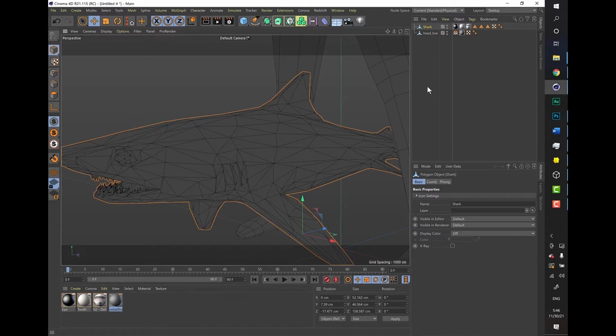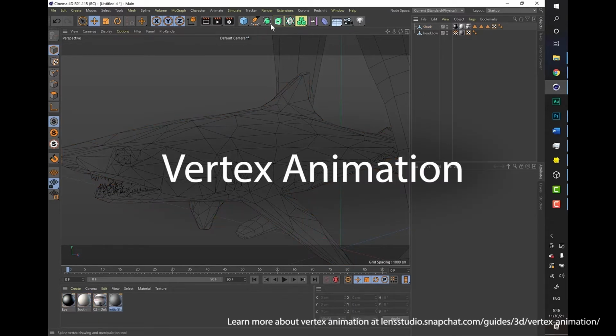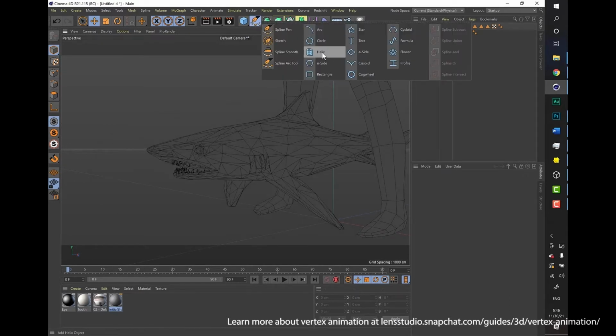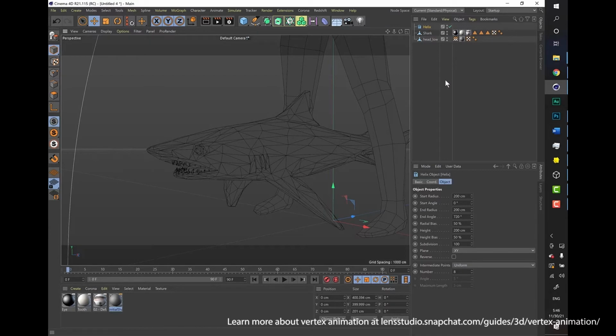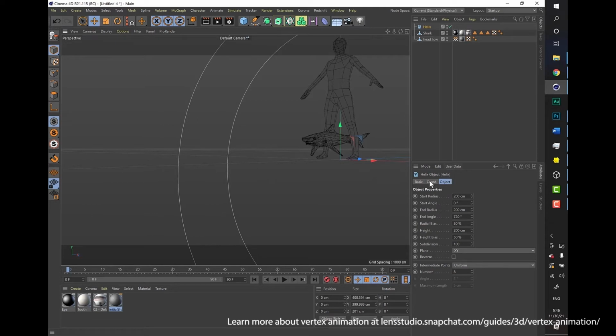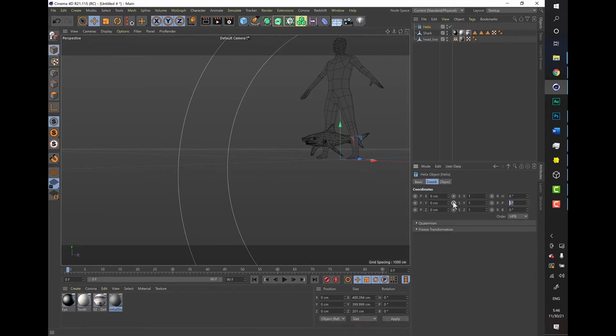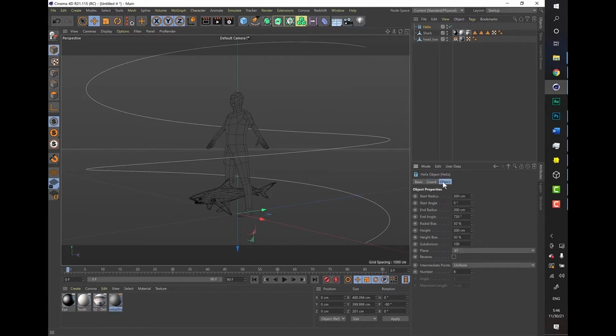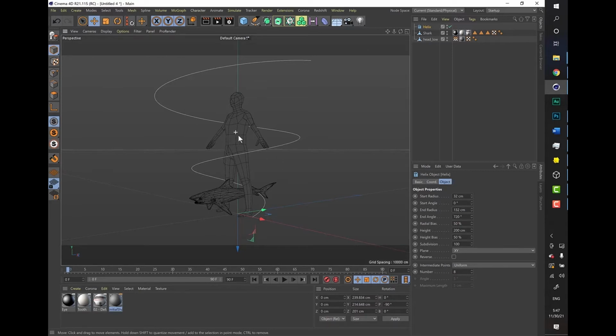Okay, now let's make the vertex animation. First of all, we will select spline helix, and we have to rotate it minus 90 degrees, and reduce the starting radius to be 32, and reduce also the ending radius to be 132. Okay, now